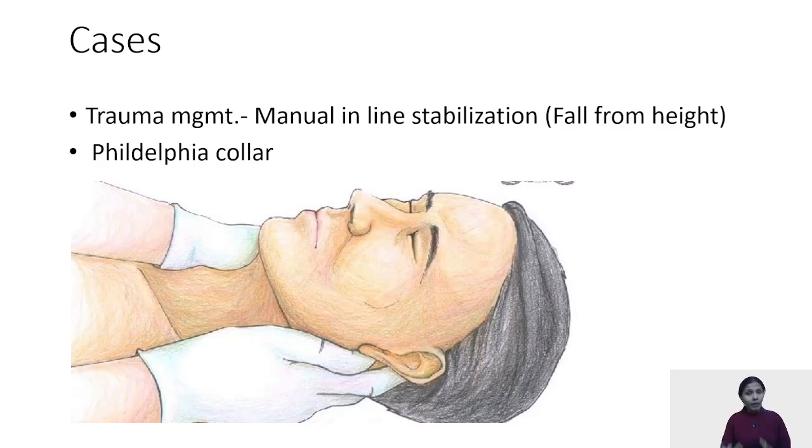Let me repeat my sentence. In a trauma patient, until and unless cervical spine injury has been ruled out, we assume that it is present. Done? So in these cases, what is the technique of choice for bag and mask ventilation? It is nothing but jaw thrust. Very good. And what about the intubation?